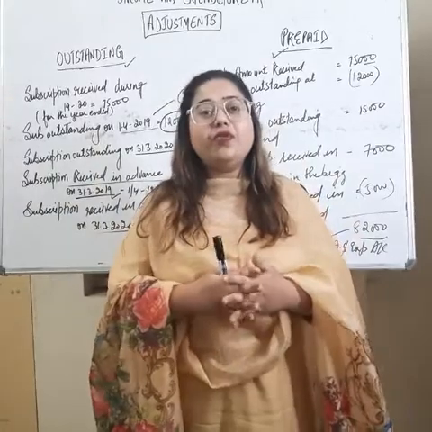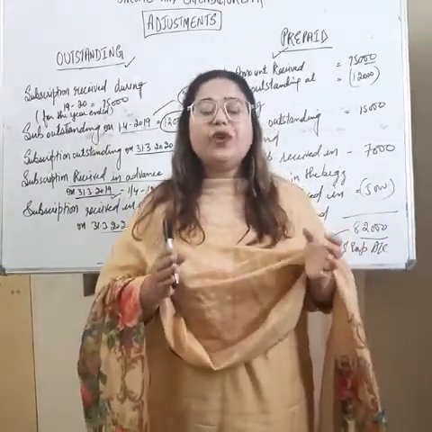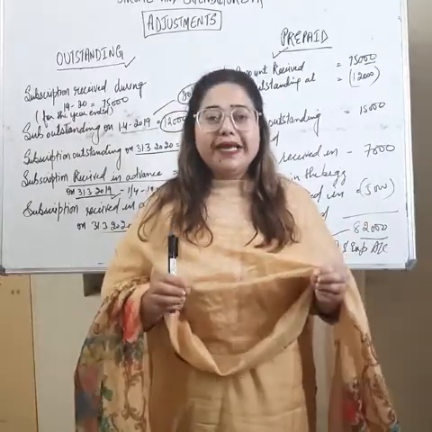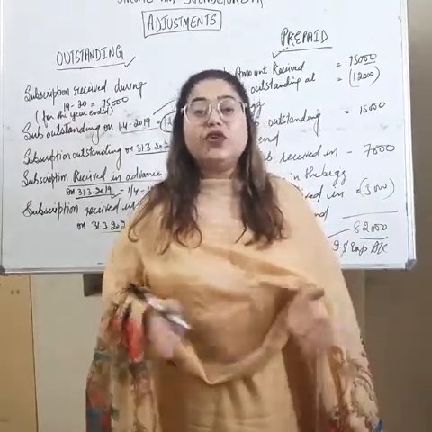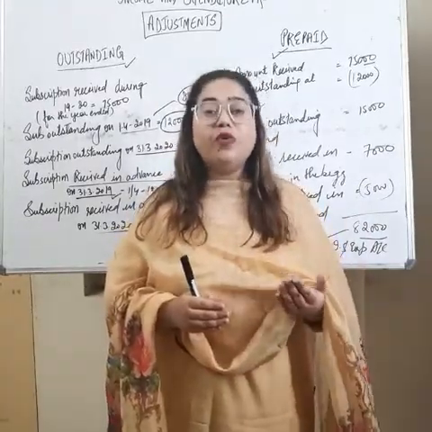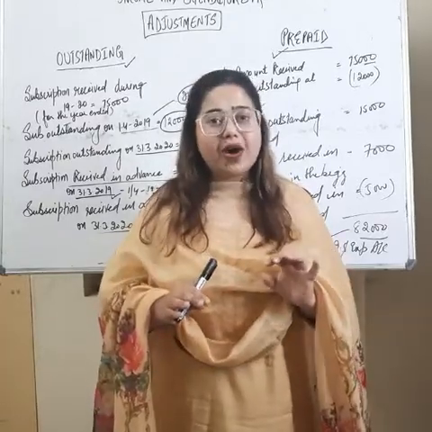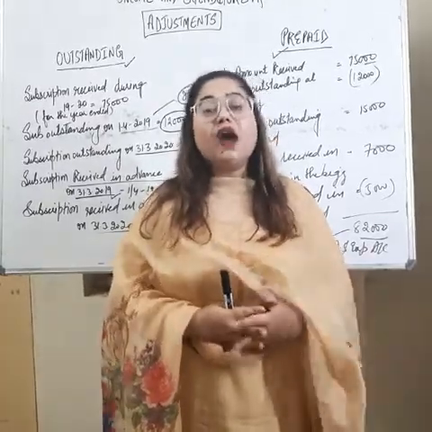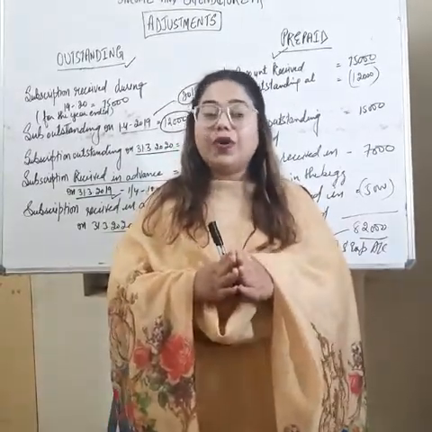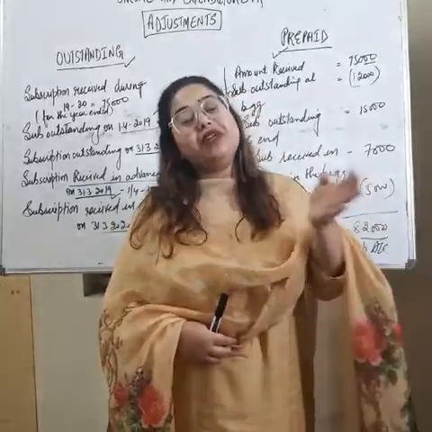While starting income and expenditure account, I already told you that in income and expenditure account, we just have to take the amounts of current period only. Means whatever the amounts are related to that particular year in which we are making income and expenditure account, we just have to take those amounts only which are directly connected to our current year. But now the question arises, in the question there are some amounts given which are related to previous year, and some are related to the next year.